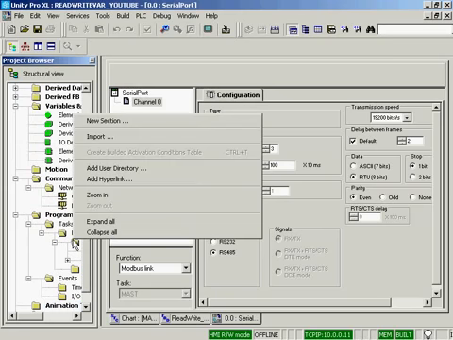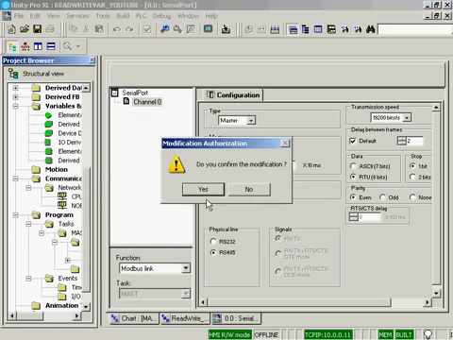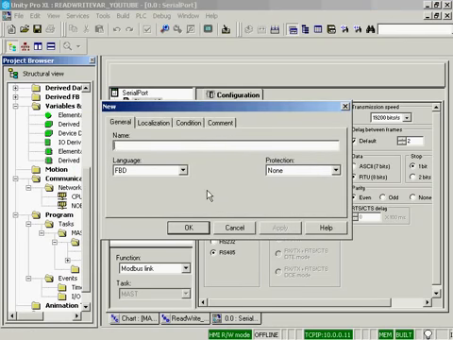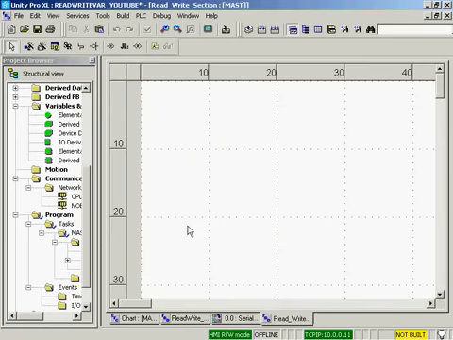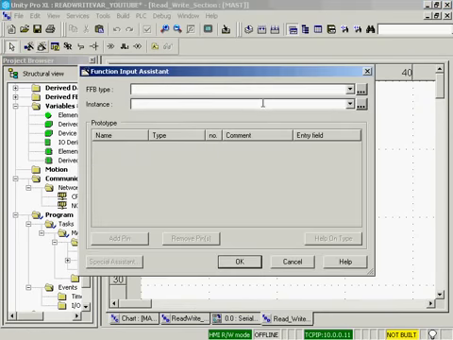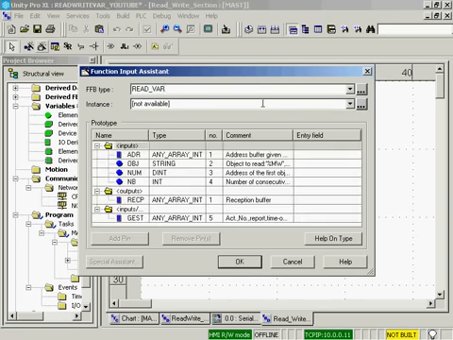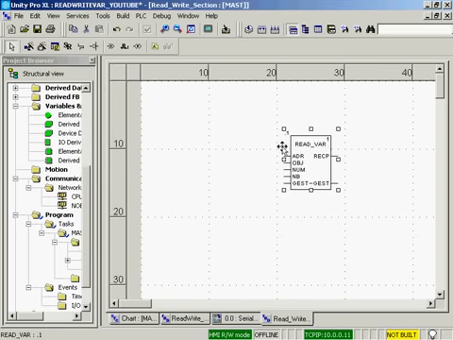I'll create, by right-clicking, a new section, a new project called read_write_section. It's a function block section, so I will say OK. I will go to my function block input assistant. I will click it, and I am just going to type READ_VAR because I know that's what the function block is, and I will slap it right in